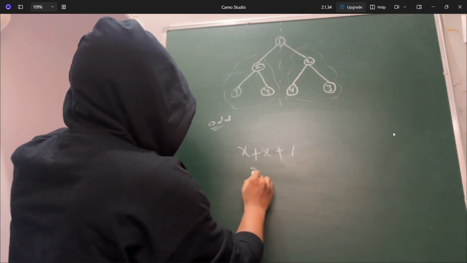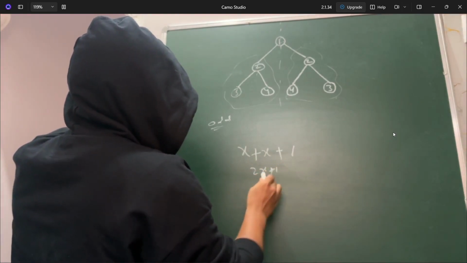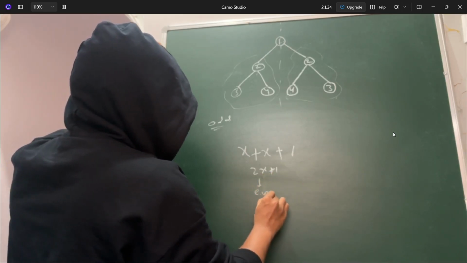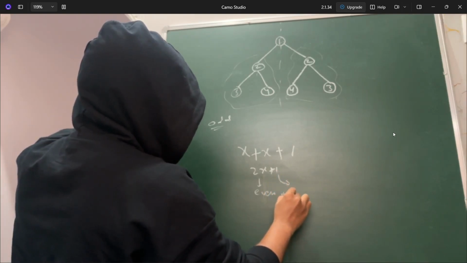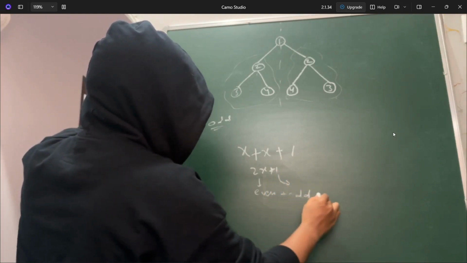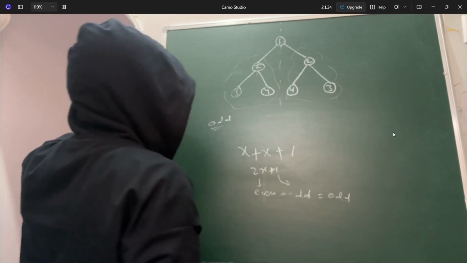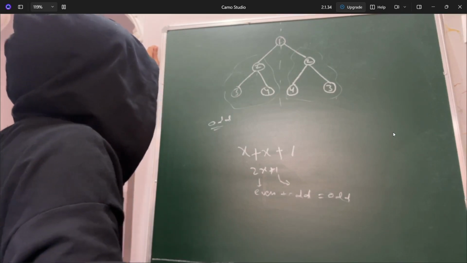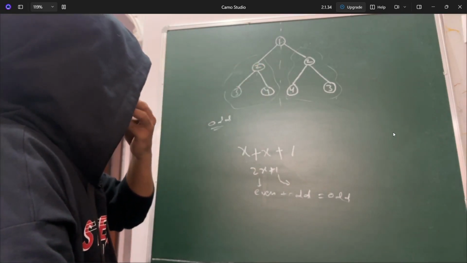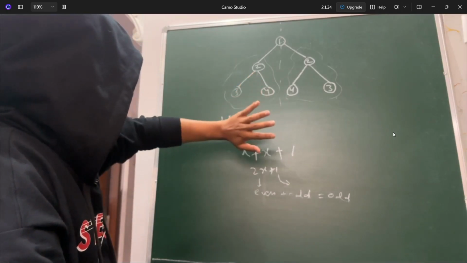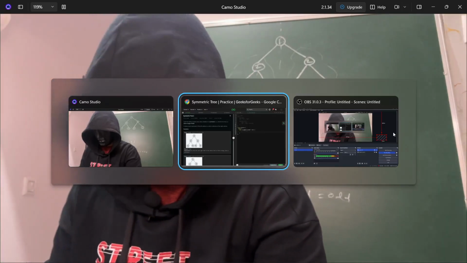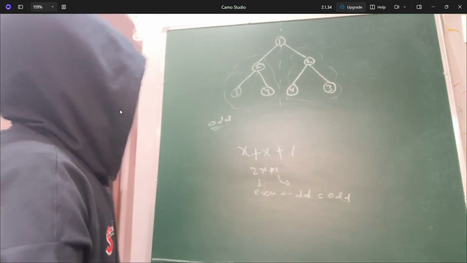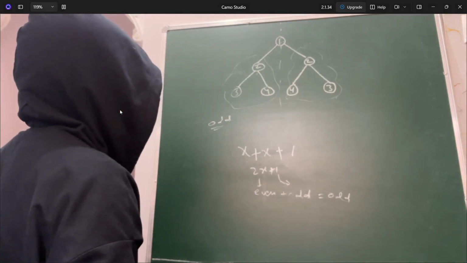So if you do this mathematically, 2x plus 1, let's say x is anything, but 2x will give an even number, and this 1 is an odd number. As we know, even plus odd will always result in an odd number. So the first thing is that whenever the number of nodes in this tree is even, in that case a symmetric mirror image is not possible basically. Yeah, and that is one observation. Second observation is,